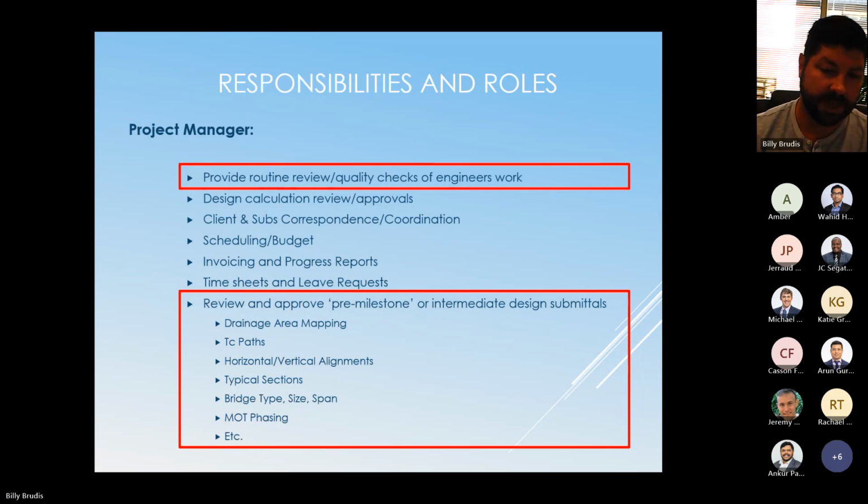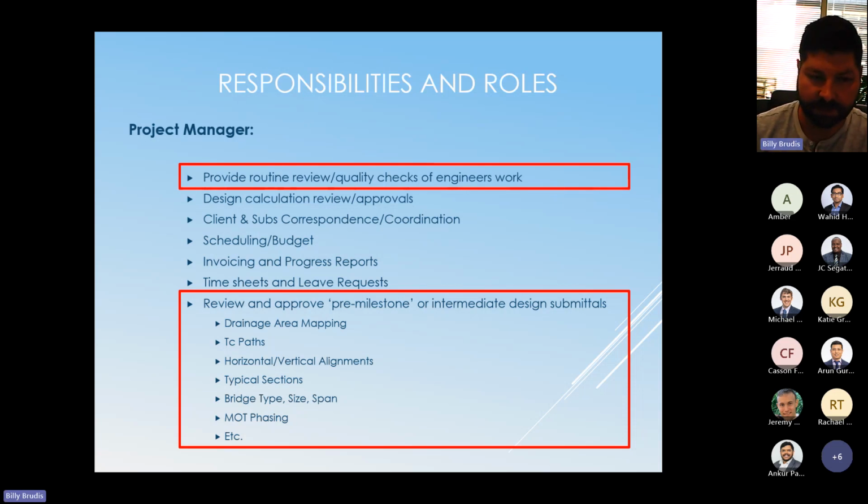So as we're developing some of those initial design components, it's best that the PM is working directly with the project engineer at these pre-milestone or major design decisions,